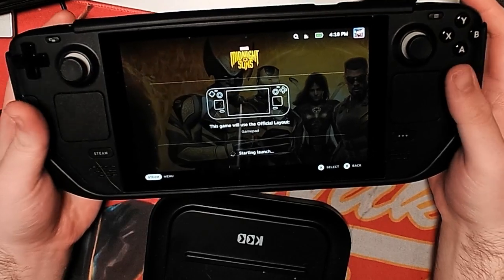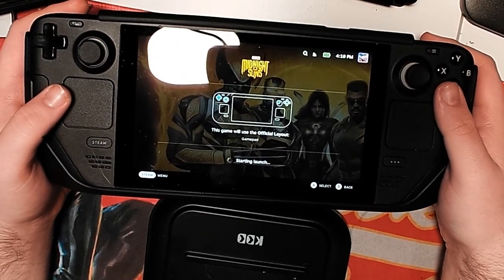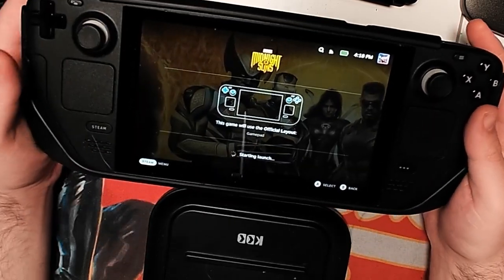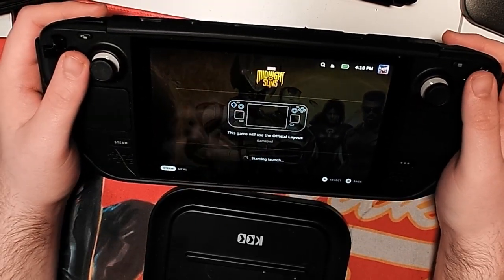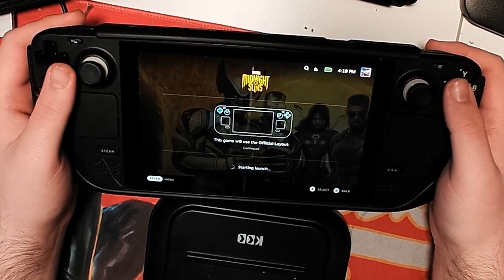Tip 10. Finally, don't forget to have fun. The Steam Deck is an incredibly versatile and powerful gaming device, and there are thousands of games available on Steam that you can play on the go. Enjoy the freedom and flexibility that the Steam Deck provides, and discover new games and experiences that you may not have been able to enjoy otherwise. Use it to take